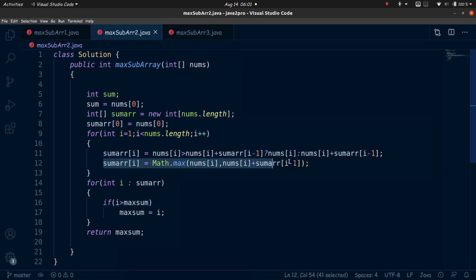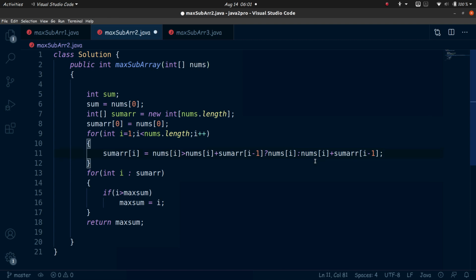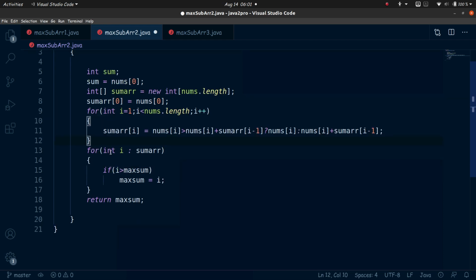Now let's remove this part, if you have understood it, because math.max is slow and we want our program to be fast. So that's exactly what's happening in this ternary operator. I hope you get it. It's simple. Now once we have our sum array, we just need to iterate through the sum array, and this is the for each loop. If you don't know, it's just iterating through the sum array, and each element is stored in I, and then we compare if I is greater than maxsum, which is initialized with the first element, then